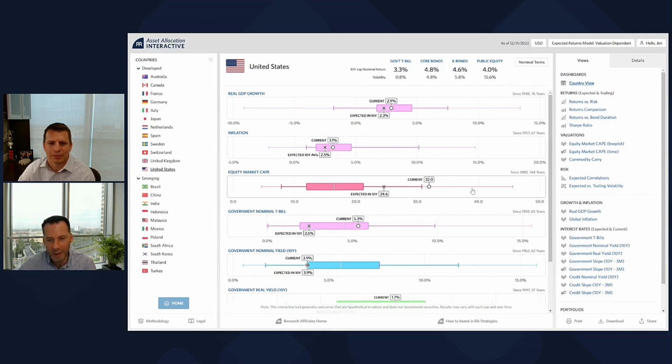It was as high as the upper 30s, almost 40, around 2018, 2019, going into 2020, and as high as 44 at the end of the tech bubble. So, more observations out here, but on average, 32 is really stretched relative to history. In fact, our expectation is for a reversion, not all the way back to the median. Our expectation remains outside the 75th percentile at just about 25. So you can think about this as a reversion of about 7 points, or 7 CAPE points, to where we